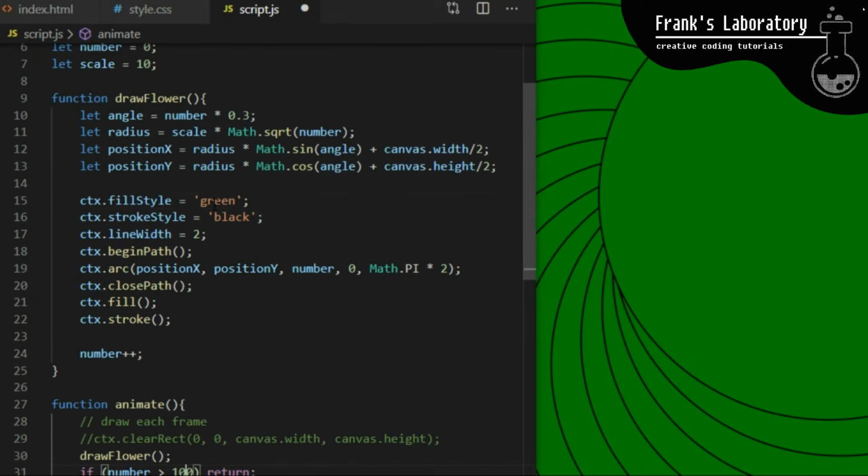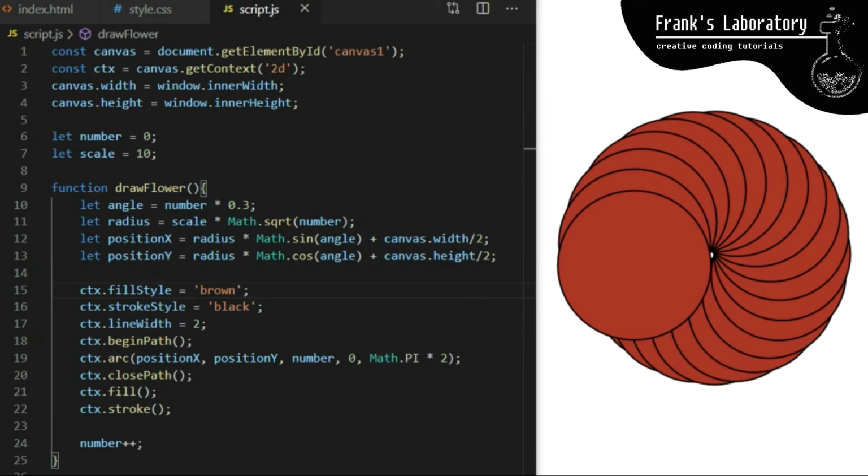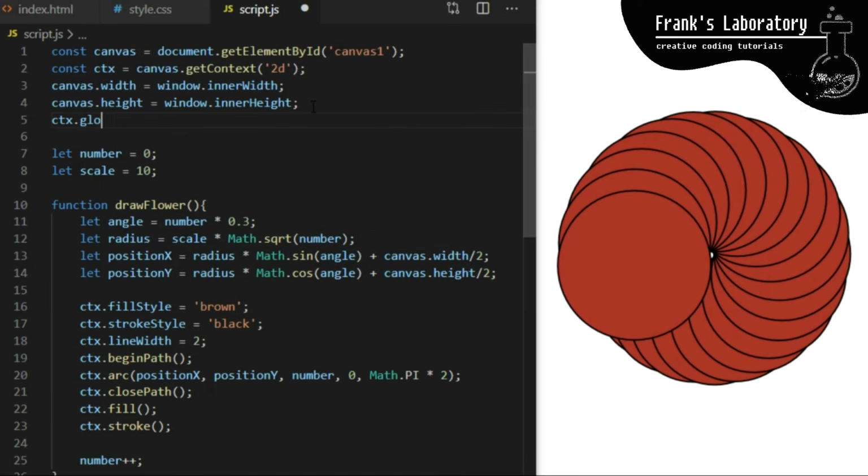I change fill style. Have you heard about global composite operation property on Canvas element? I used it for a couple of effects here on the channel before. This property of Canvas 2D API sets what type of compositing we want when drawing new shapes on Canvas. What it means in simple language is by using this property, we decide how individual shapes on Canvas stack, interact and overlap, similar to layers in Photoshop. There are around 26 different settings.